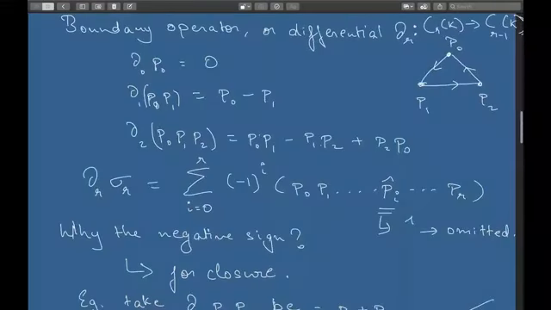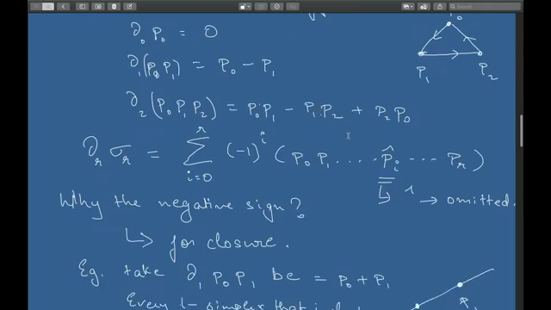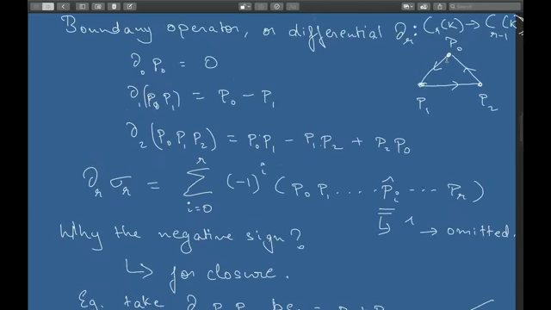So this interesting result is a consequence of this negative sign here. We won't go into the proof here, but you can probably do it on your own, right? So if you expand this, this is the expansion of dou r of sigma r. Sigma r is used to define a simplex. So if you take the expansion of dou r sigma r, then you have a summation from i equals 0 to r, over all the simplexes.